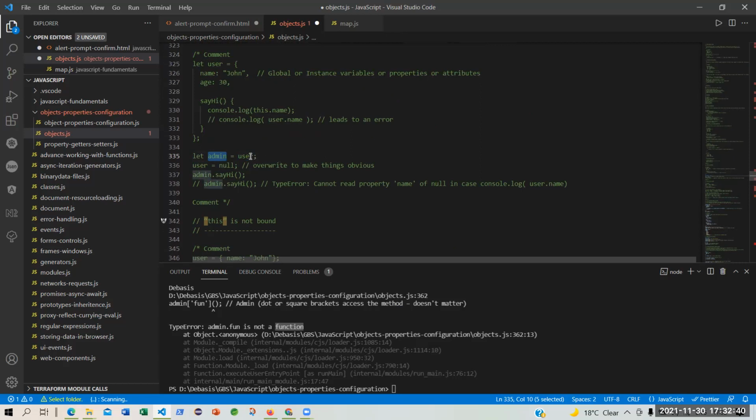I'm saying that this is an ordinary variable, and this is an object. User is an object. Now, when you assign an object to an ordinary variable, admin will be changed to an object. Do you agree? First of all, do you agree with that?